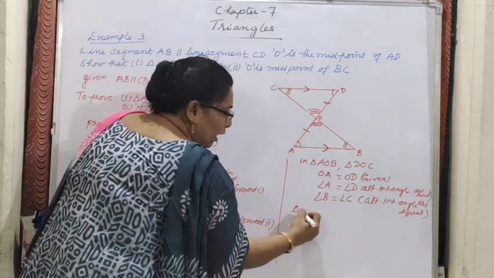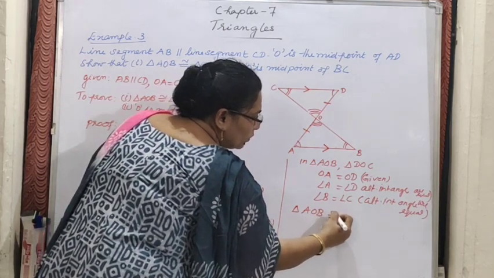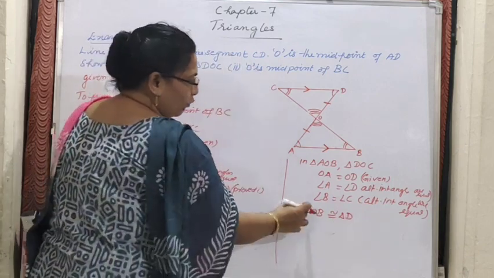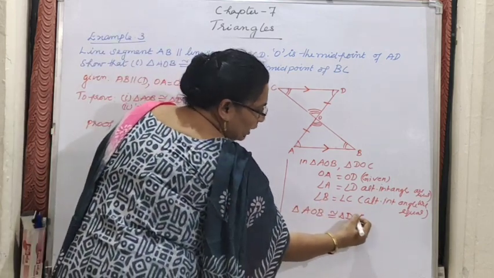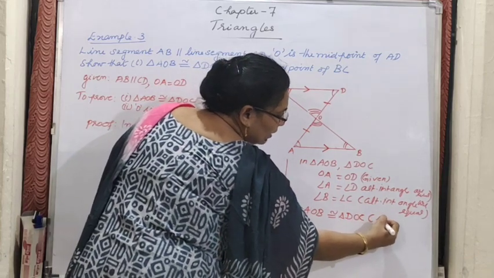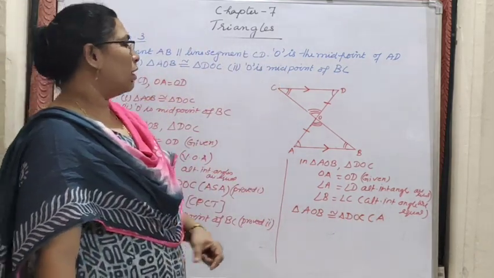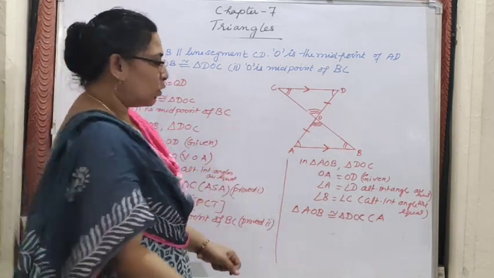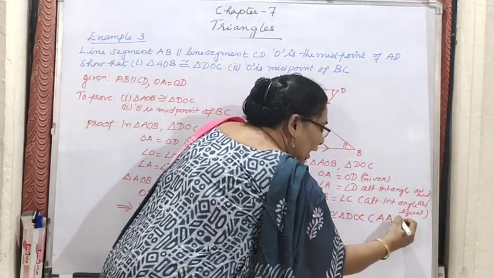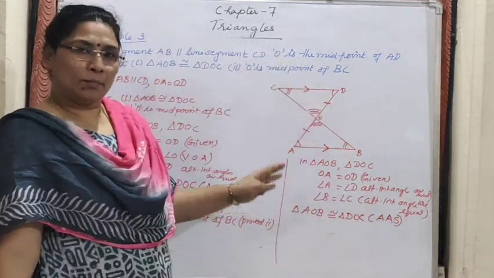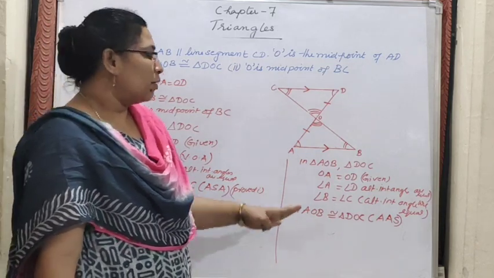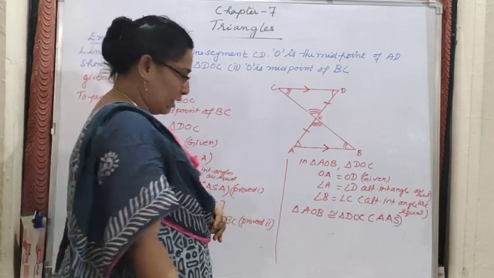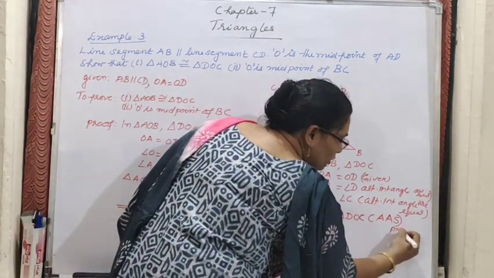This time triangle AOB is congruent to, for A, what is the correspondence? D, and for B it is C. So the middle letter is O only. Here what is the criteria should be written? Check the side now. A is considered, B is considered, but the side is not included. So we should write that AAS. Got the point? We can prove like this also. There is nothing wrong in this because both ASA and AAS are correct only. Now we have written AAS. So here also I should write proved first part.